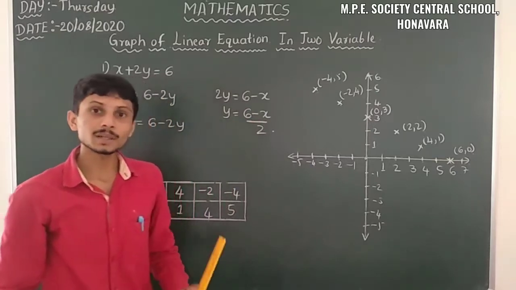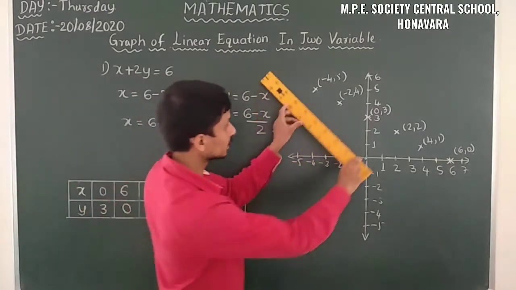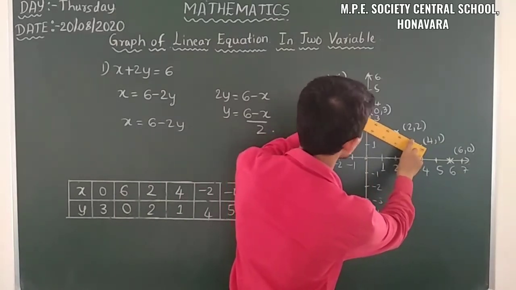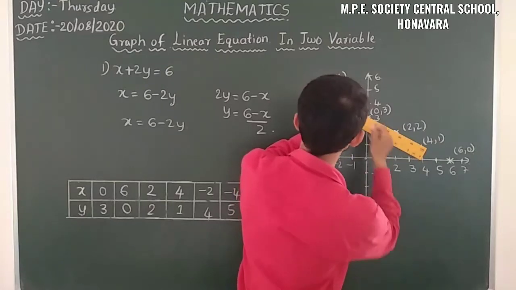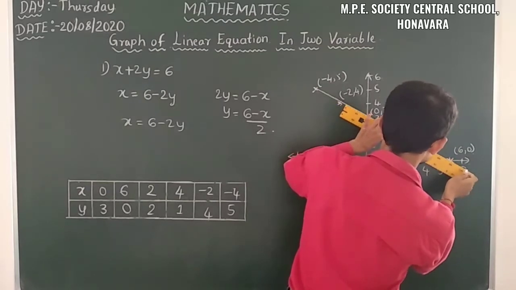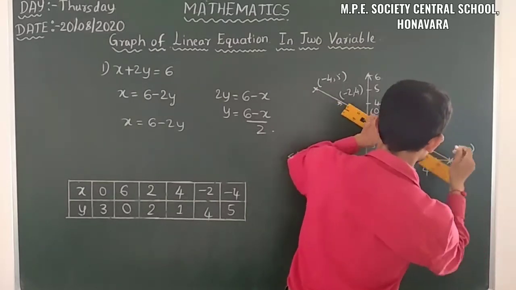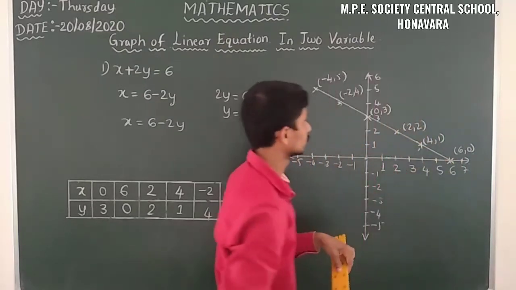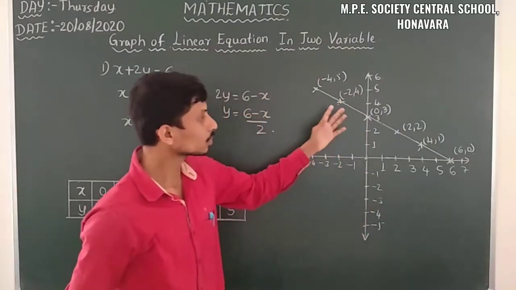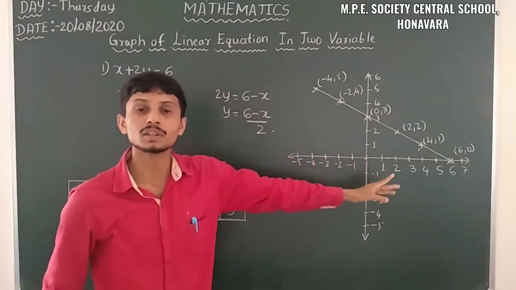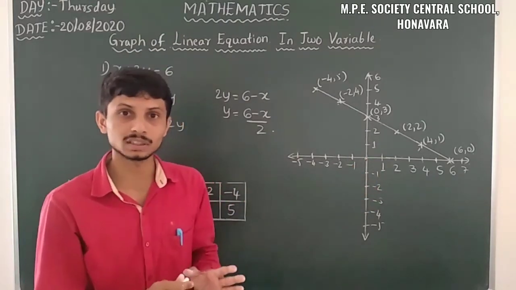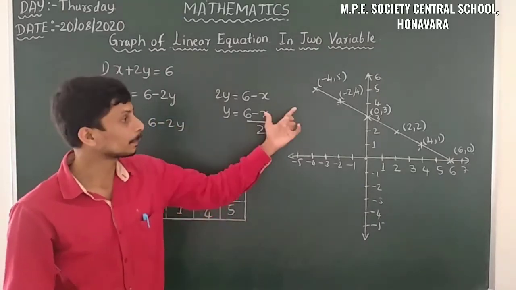After that what we have to do? We have to join all the points. Just observe here. I will join all the points representing the coordinates. Just observe these points. Those points are lying on the straight line. That means all the points are lying on the straight line, so that linear equation in two variables represents